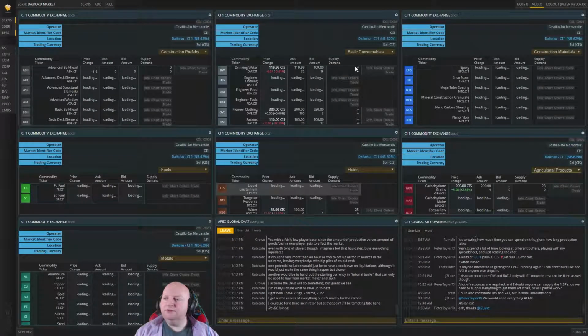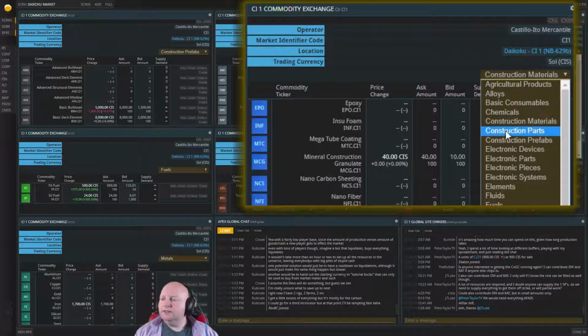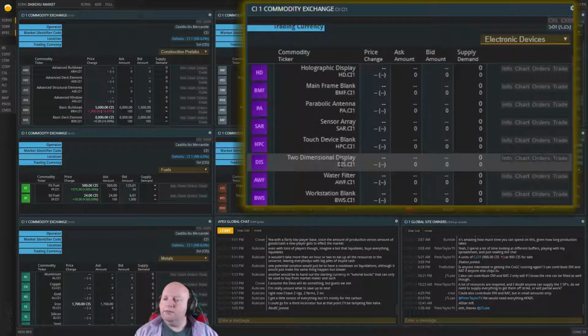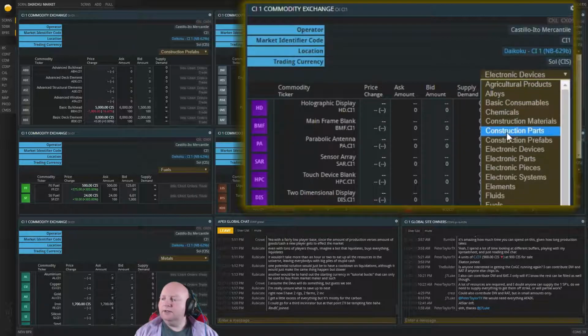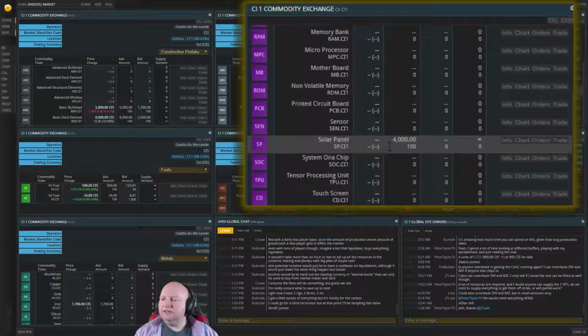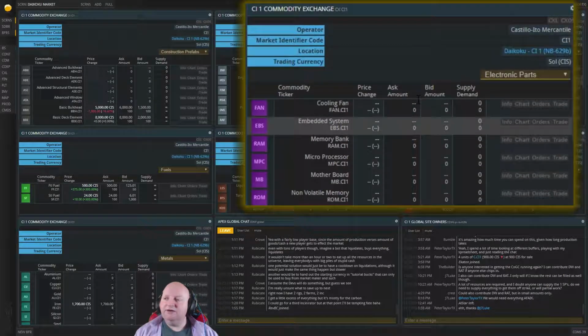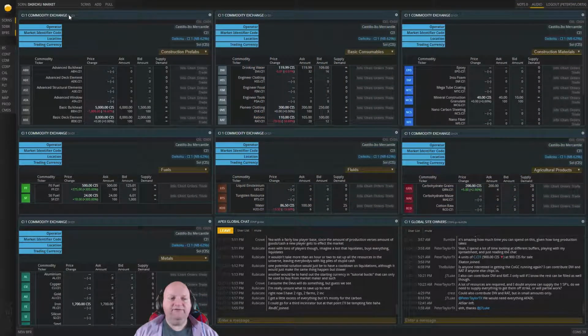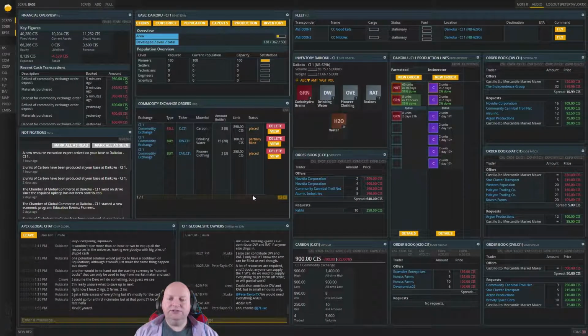and we'll use this one over here, construction materials one. Switch that to electronic devices. SP. Not in there. Electronic parts, maybe. SP. They're 4,000 each. So they want someone to spend 8,000. Back to there, please. They want someone to spend 8,000 providing solar panels to get a 10% boost in production